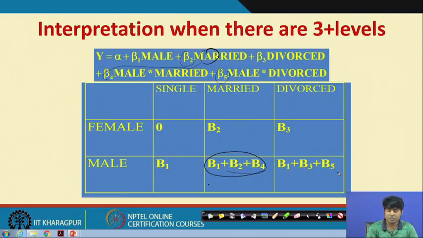So, as a result the final impact will be beta 1 plus beta 3 plus beta 5, and that too by using the divorce component, and then again by using male and married, this will be the difference. So, you see there is a big difference: beta 2 here, beta 1 and beta 4 extra, and again here beta 3, and corresponding to beta 3, beta 1 and beta 5.